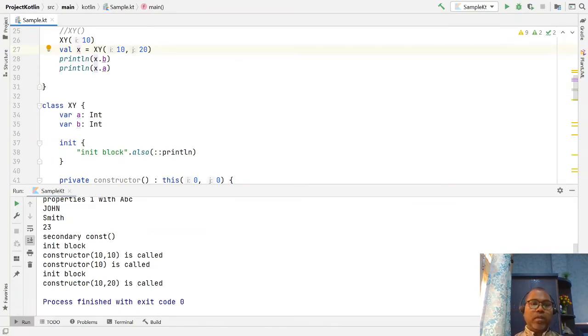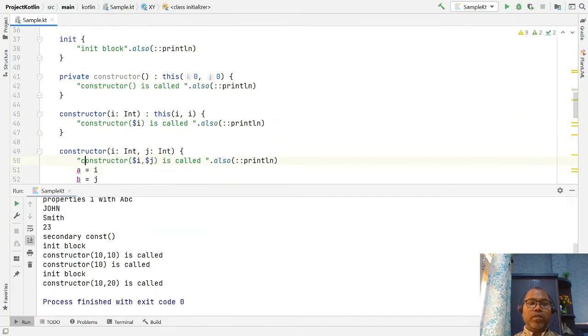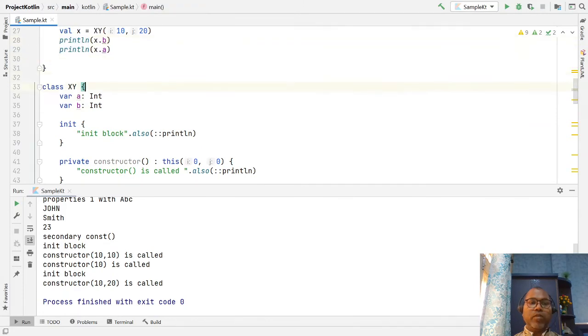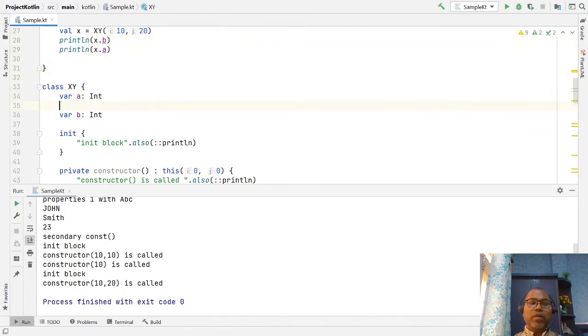Now here I want to provide a setter and getter.